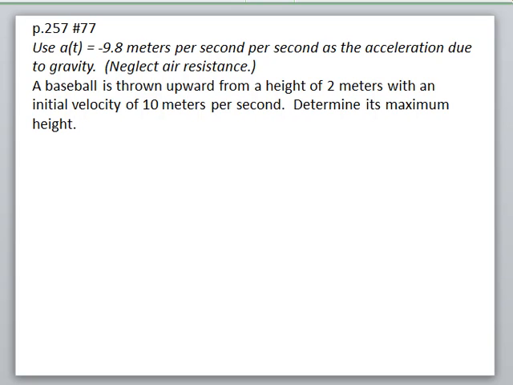Let's try another one of those. So once again, I'm given that the acceleration is negative 9.8 meters per second squared. And this time I know a baseball is being thrown upward from a height of 2 meters with an initial velocity of 10 meters per second. So I know that at time 0, the velocity is 10. And I also know at time 0, the position is 2. So we're going to use both of those to come up with our